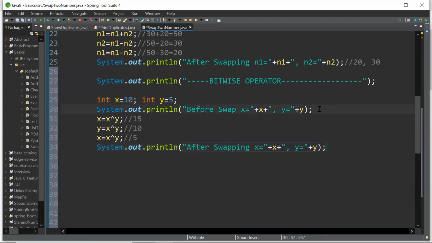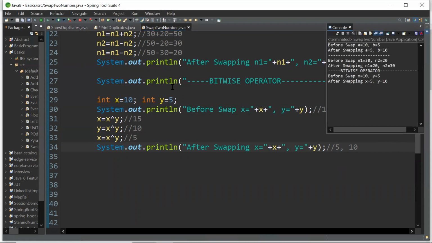Okay, so then the output should be 10 5 before, and 5 comma 10 after. Okay, so let's see how we'll get the output. So this is a bitwise operator. Okay, we got the output here.